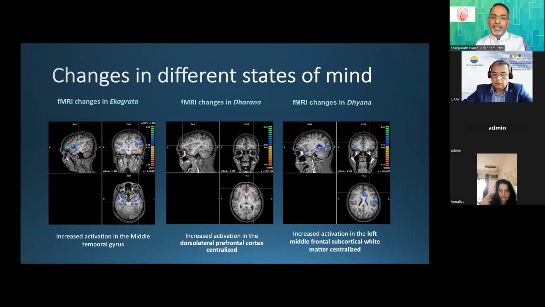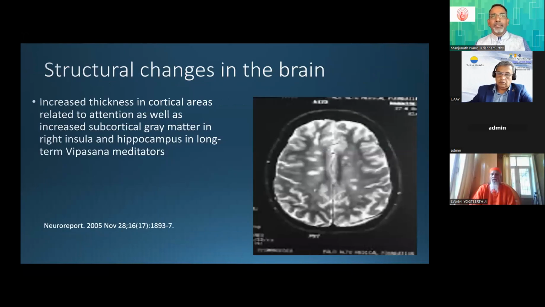That's the beauty of meditation. We always think that meditation activates lots of activity, lots of areas in the brain. But at the same time, it brings in lots of inhibition in the brain. Withdrawal happens right from the brainstem area. So then the question comes, is it only the function of the brain which changes? Can we also change the structure of the brain?